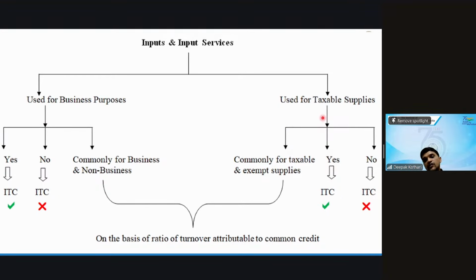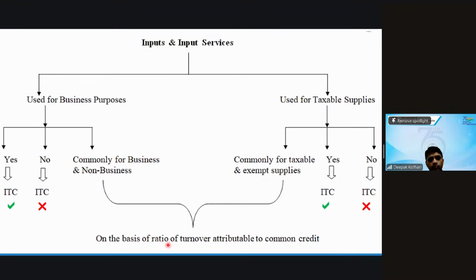Secondly, when you're using for taxable supplies, then you can claim it. If you are using for not taxable supply, that is exempted thing, then your ITC cannot be claimed. And that is the basic understanding, it should be used for business purpose and it should be used for taxable supplies. Now, if you are having any input which is commonly used for business and non-business, तो एक केस हो गया कि बिजनेस के लिए है, क्लेम कर सकते हैं. एक केस है बिजनेस के लिए नहीं है, तो नहीं क्लेम कर सकते हैं. But when you are using it for both business and non-business, common credit,